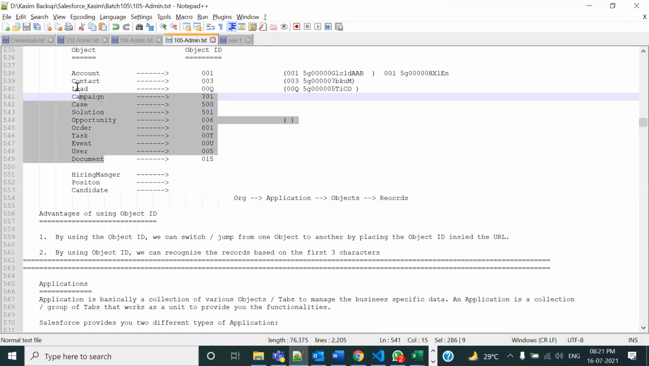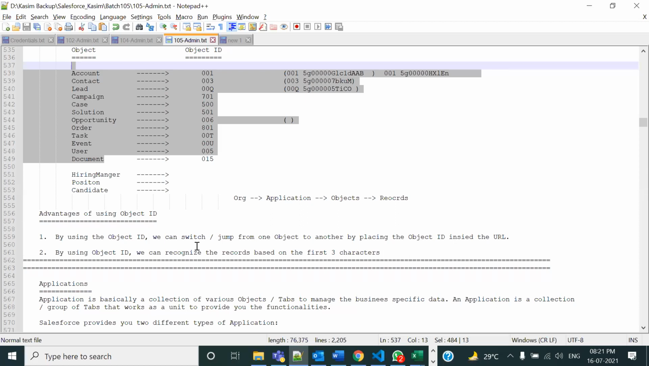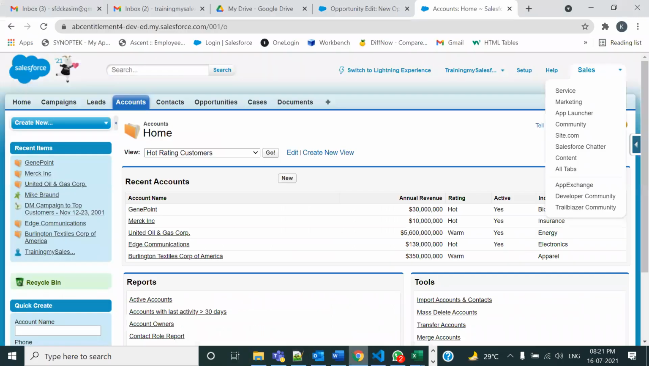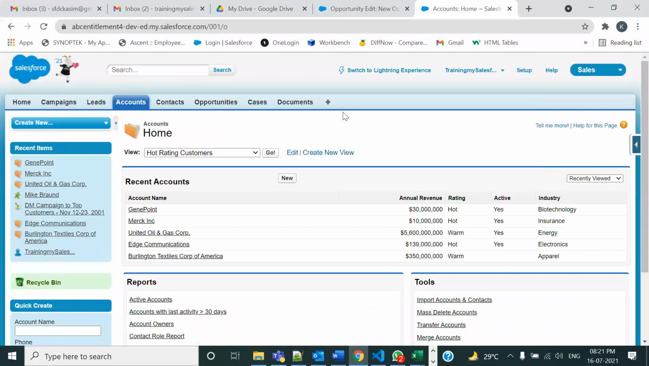So these all are the standard objects. Account, contact, lead, campaign, and there are so many standard objects. If you want to ask me कि सर कितने हैं, बहुत सारे. बहुत पहले एक बार मैंने दिखाया था, आज फिर से दिखा देता हूँ. ऐसा नहीं कि इतने ही ऑब्जेक्ट हैं. यहाँ जाइए,